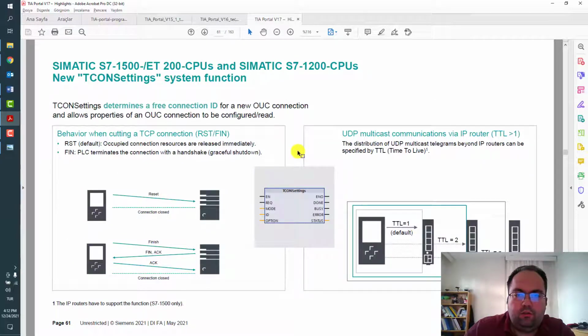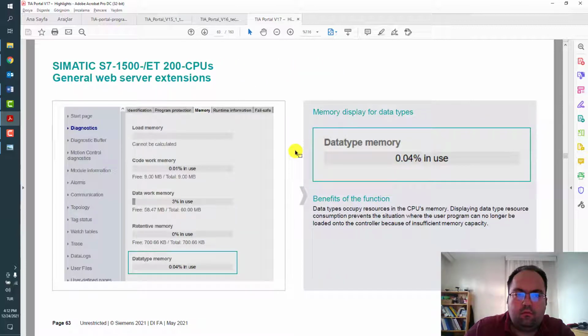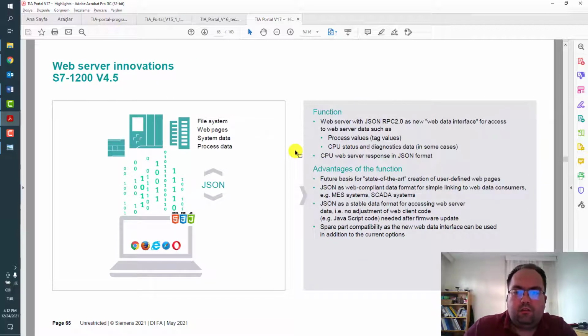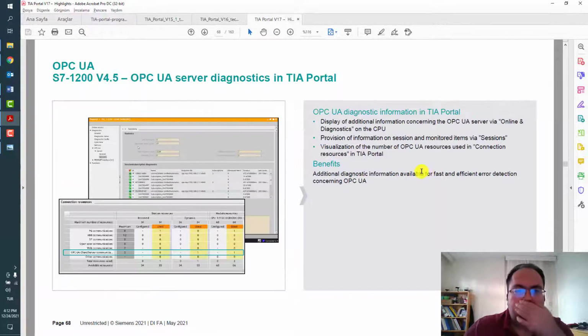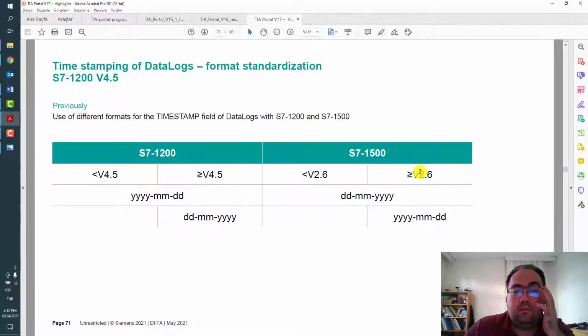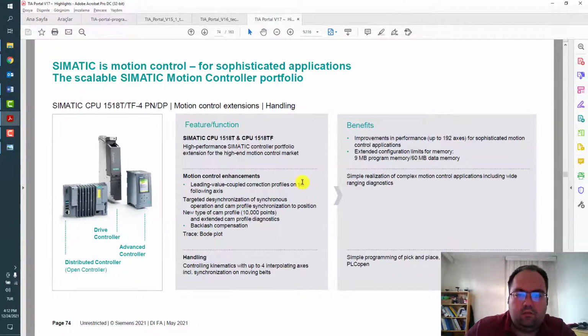New firmware features: general web server extensions, web server innovations like JSON, OPC UA functions, and really detailed information is given inside this document.